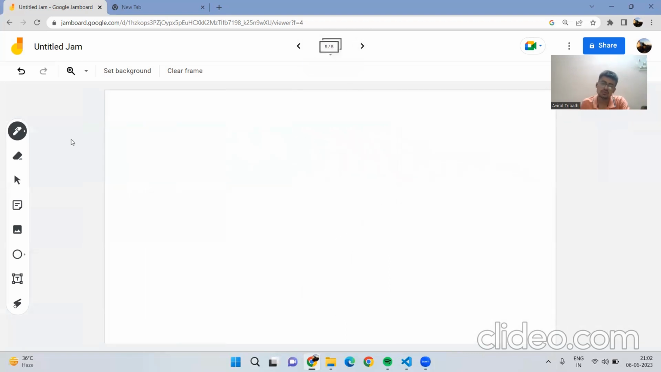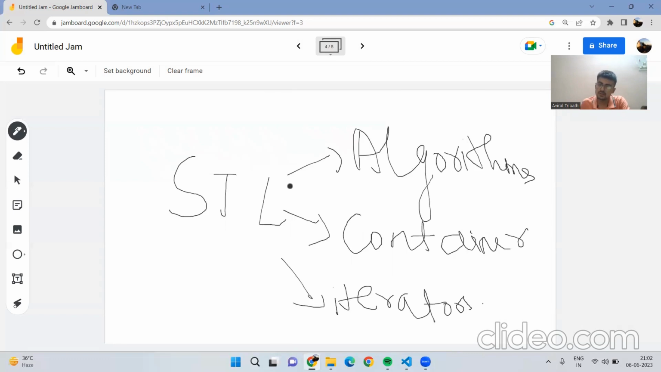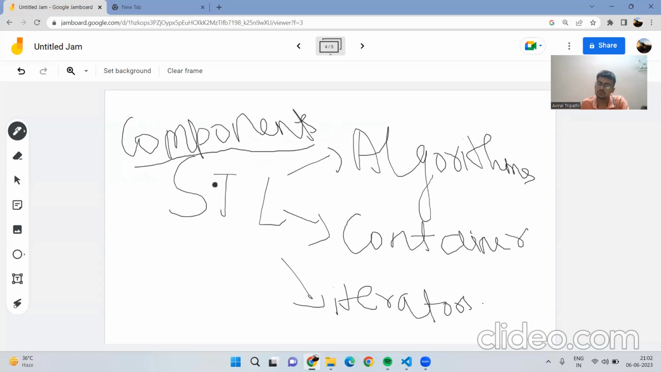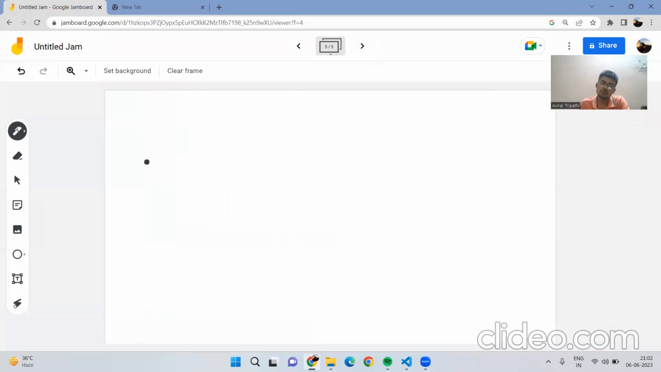So what are algorithms basically? The components of STL, if I write here: STL has algorithm, STL has containers, and STL has iterators. So if I go about talking to you about algorithms,